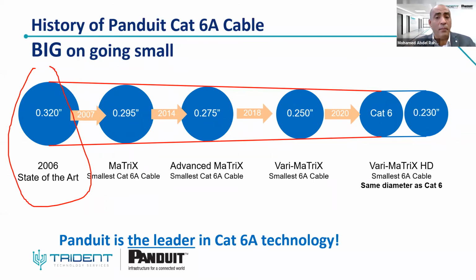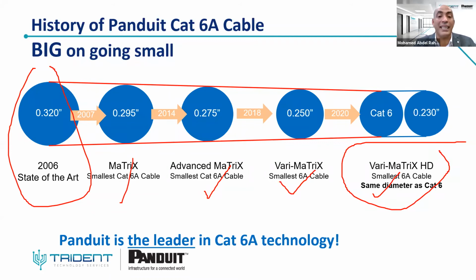It is available in the market, but after this, bandwidth kept making improvements and innovations. As we said, the wrap cable, or it's called the matrix cable. Every step is a way we're making some innovation, starting from the matrix cable, advanced matrix, vari matrix, and now this year we're making the vari matrix HD cable, which is the smallest Cat6A cable with a diameter around the same as the Cat6 cable. So it can give you exceptional alien crosstalk performance compared to the UTP cable in the market.